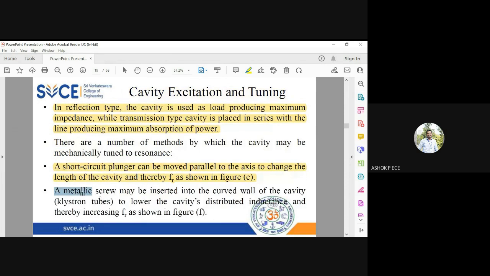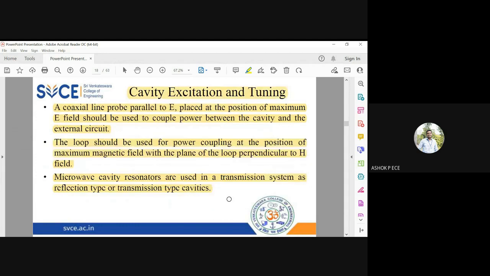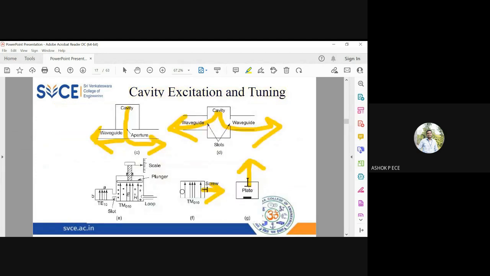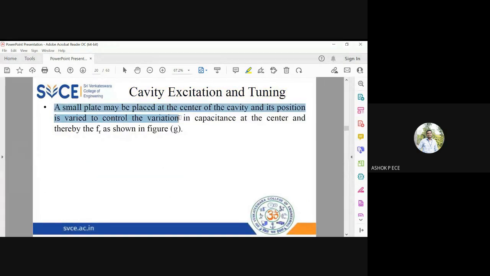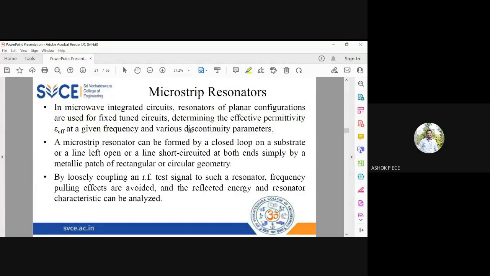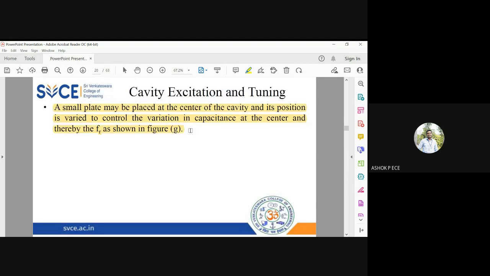You can also have metallic screws. See here, I have metallic screws at the end of the cavity, so that from there you can take out the coupled power, or you can use a plate. A small plate can be used to vary the capacitance and thereby vary the frequency response of your cavity. So tuning means how to change the parameters of your microwave